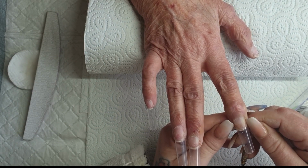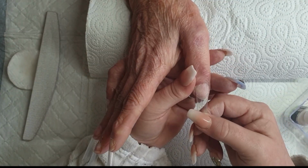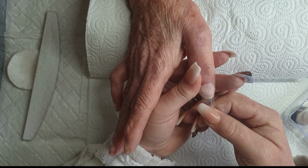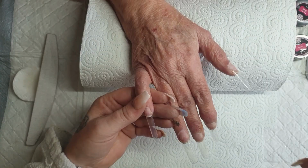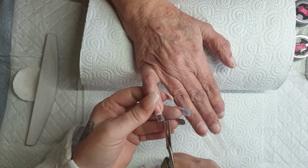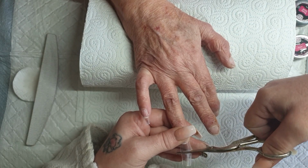So making sure I've got those in, and just once I've got them stuck, I just push the wings in slightly. What I like about these is they're slightly wider as well, because my mum's got quite wide nail beds, so it was easier to get the tips to fit. So coming in with my stalk scissors, cutting that length off, and I'm literally just trimming those sides down to give myself less to file,